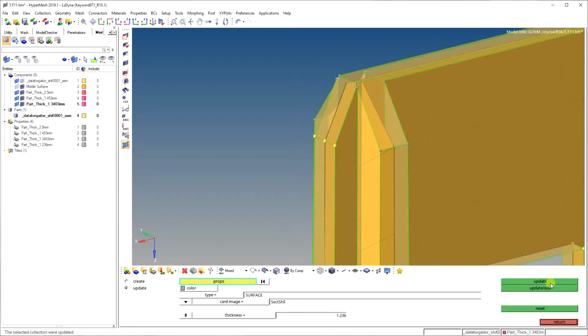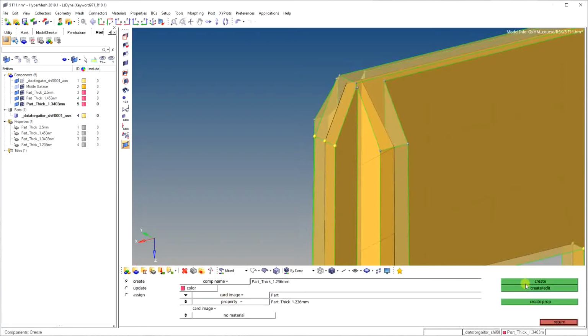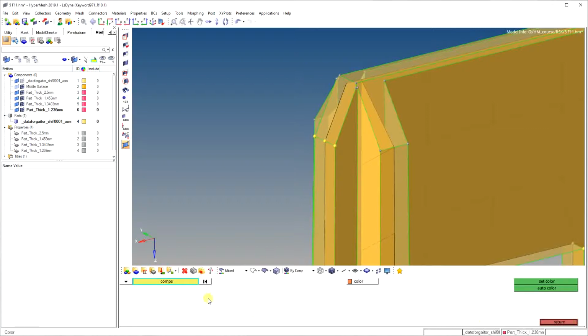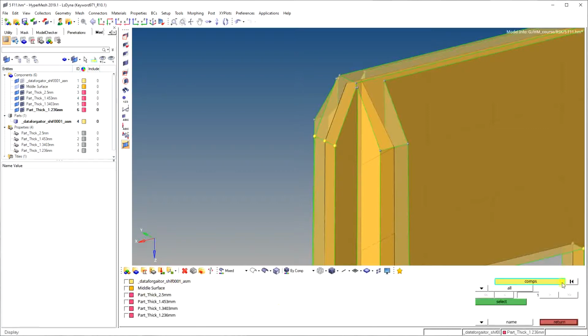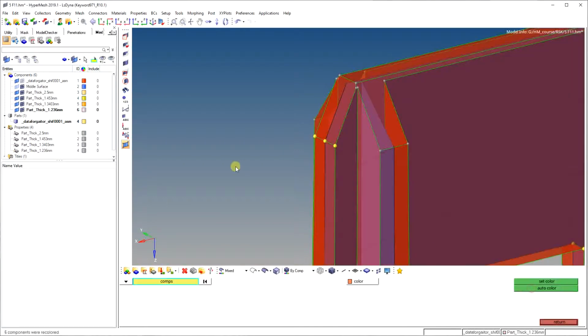Okay, this is outdated. Now return, click on this component and create this one component. The color is created the same way every time, just changing the color. Select all components, auto color.